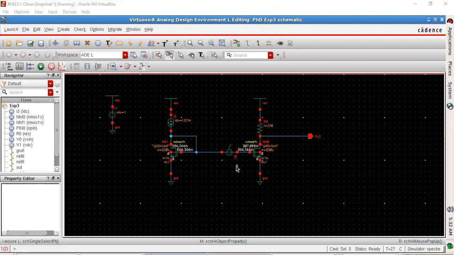But if you want to apply a signal to the circuit, we need a source. That source is actually connected here. So the source will have a DC voltage set given by this current mirror. On that DC bias, the signal is applied and the signal is going to this amplifier.